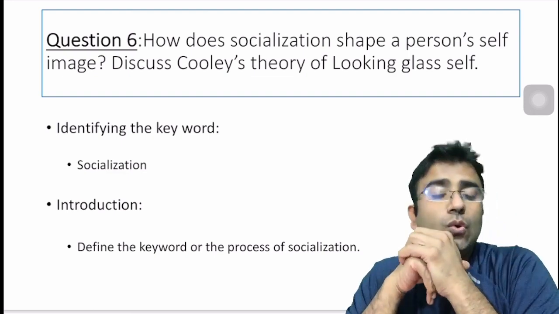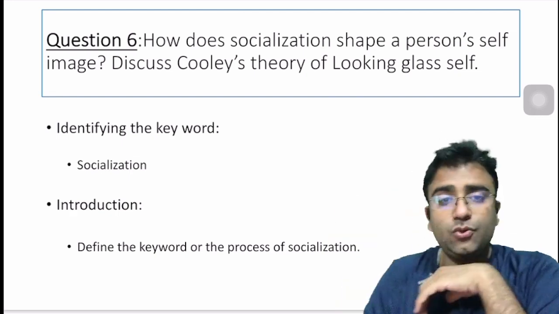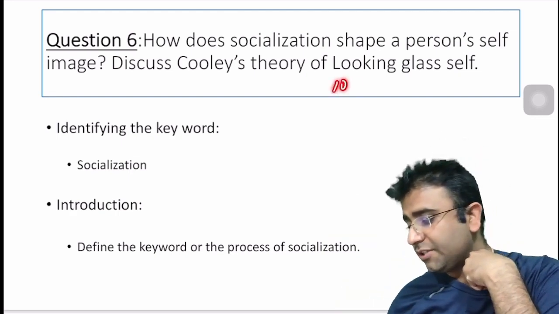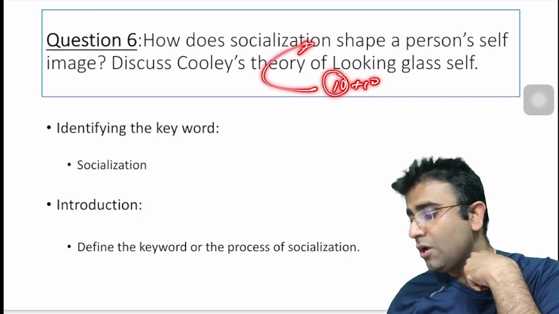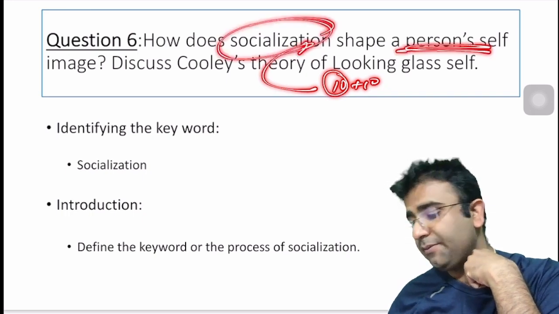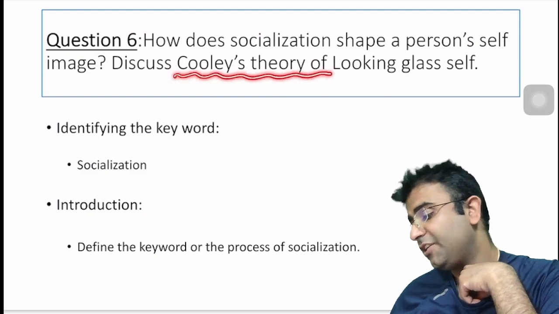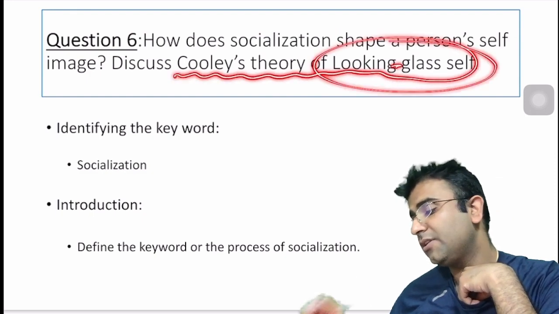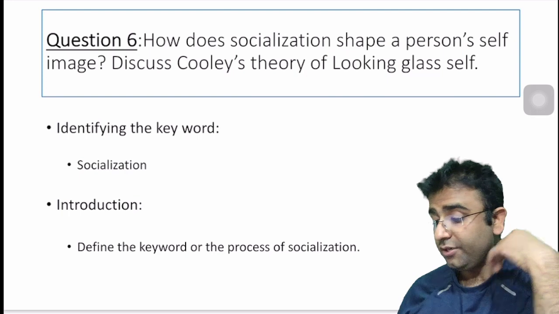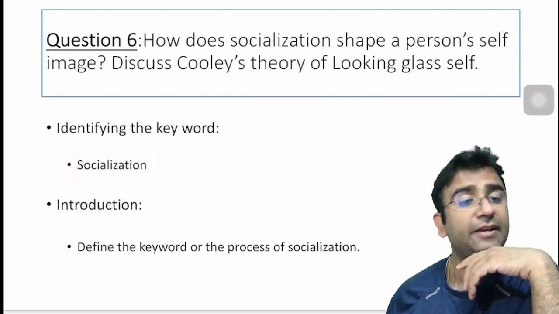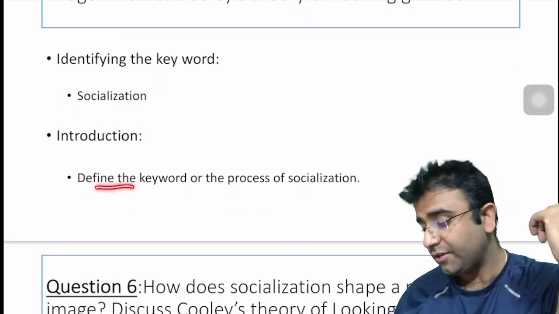So, here we are asked two questions, both are 10 marks each, where we have to show कि सोशलाइजेशन एक इंसान की पर सेल्फ इमेज को कैसे इफेक्ट करती है, और हमें डिस्कस करना है सी एच कूलीज थ्योरी ऑफ लुकिंग ग्लास सेल्फ. So here the keyword is socialization, and in the introduction you can define the keyword or the